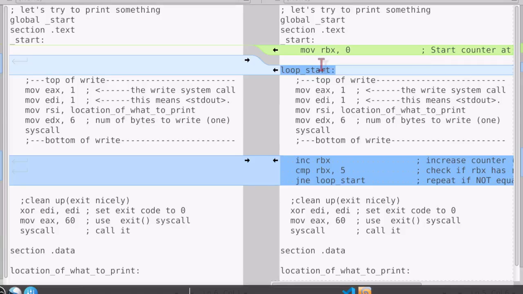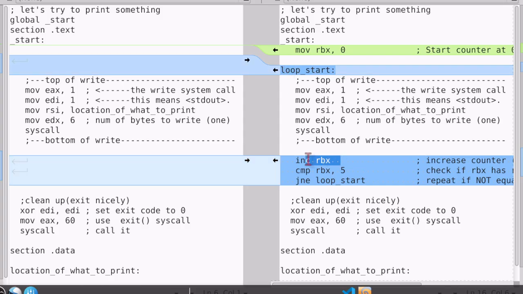Here it is in assembly. This is our I right here. We're going to start the counter at 0. We have a label. Why do we have a label? This is the start of the loop. That's just a label, all right, to tell the assembler, our building process, that this is where we're going to come back to. We increment